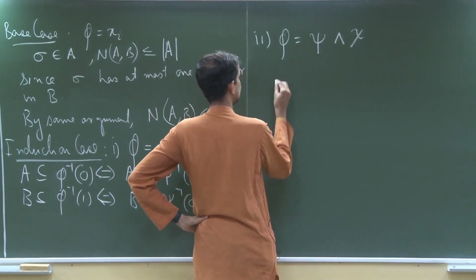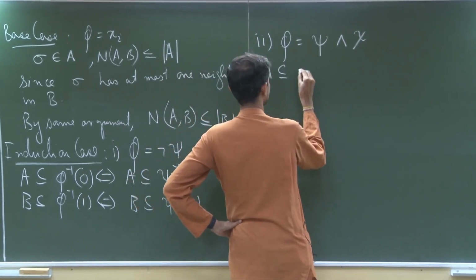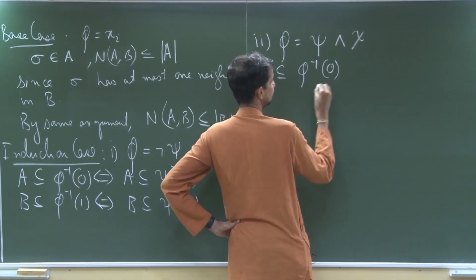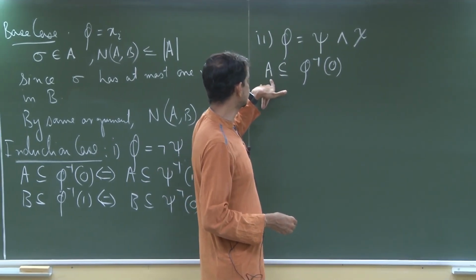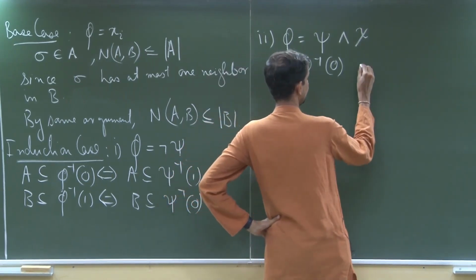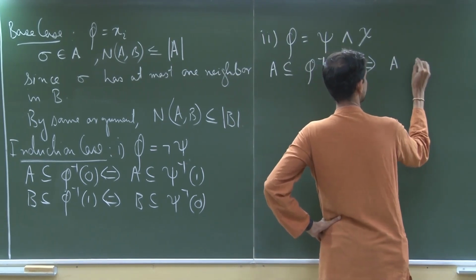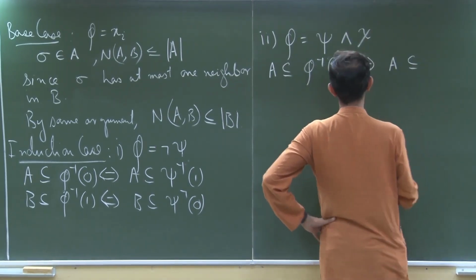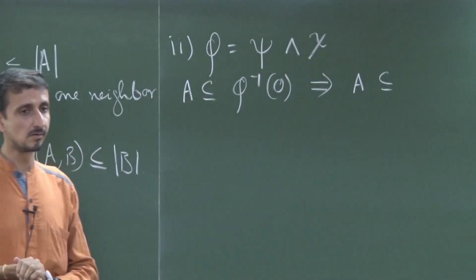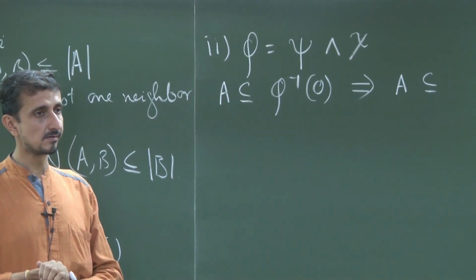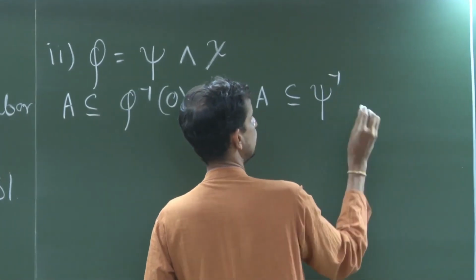Suppose I have A which is a subset of phi inverse 0, okay, which means that all inputs in A map to 0, then what do we have? That A is a subset of. So, what can I say about A with respect to psi and chi? Psi inverse 0